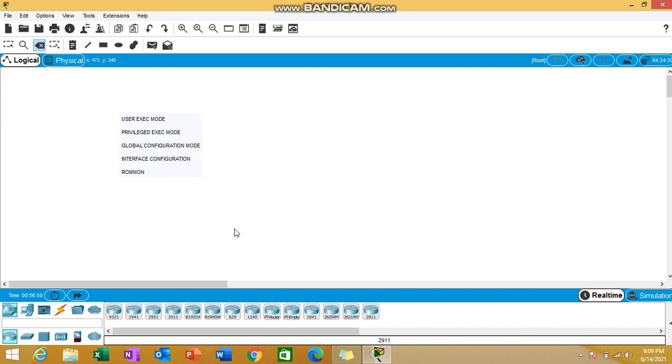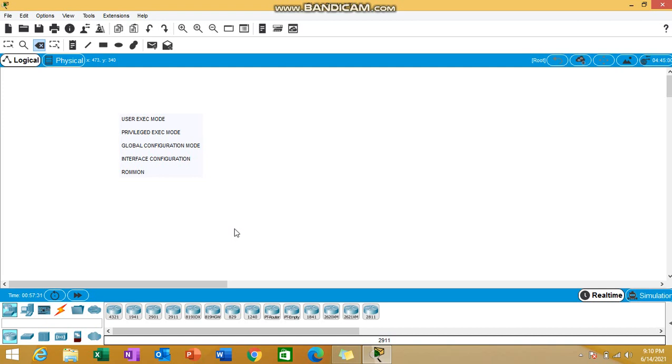ROMMON mode is a mode we go into whenever we need to do some troubleshooting. Like in a regular operating system such as Windows, where we land in safe mode or networking mode if something goes wrong, similarly we have ROMMON mode available. How do we enter ROMMON mode? When we open up the router, it starts booting up, the router's IOS starts booting, and while it is booting we need to press Ctrl+C to enter ROMMON mode. Although the commands of ROMMON mode are out of the scope of this video, let me show you how to enter it.